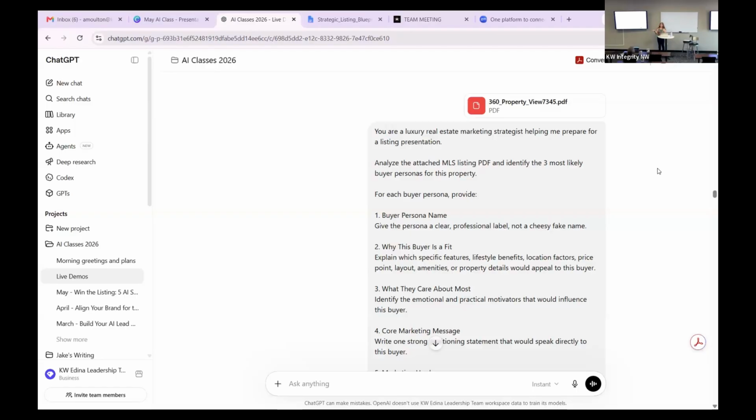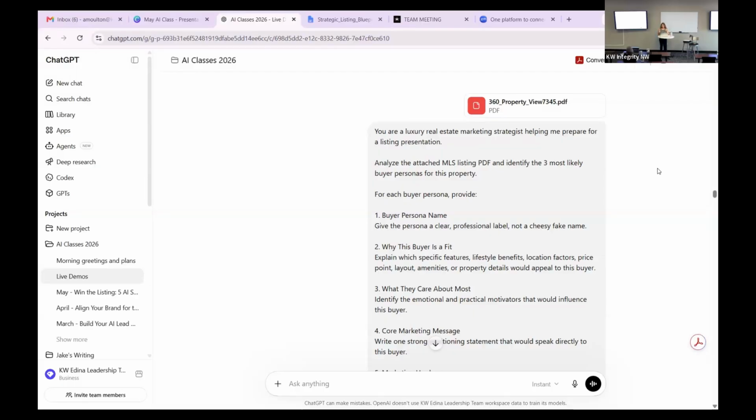Yeah, so if it's a listing that was sold a few years ago, the odds are most of that information is still going to be accurate. So you can use it, but if it's 20 plus years ago, you're not going to want to use that information, so you'll have to manually input that as well, just based on what you know. But I always start by uploading that to my thread here,